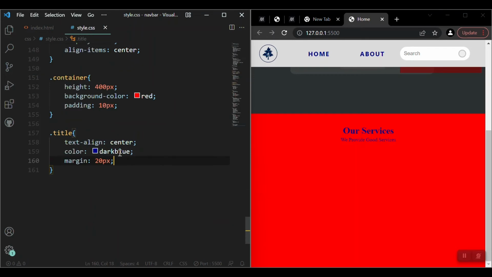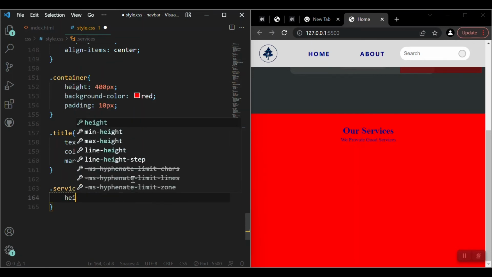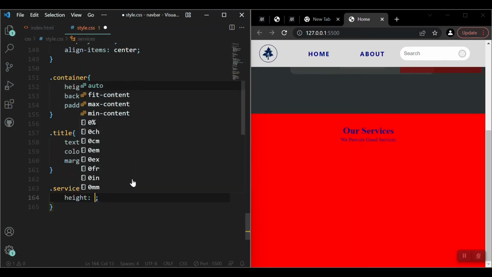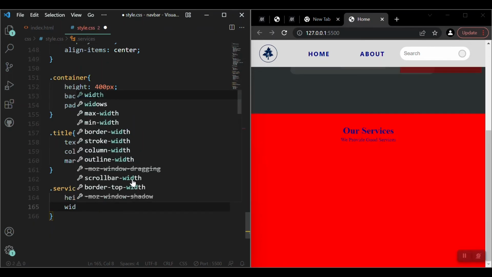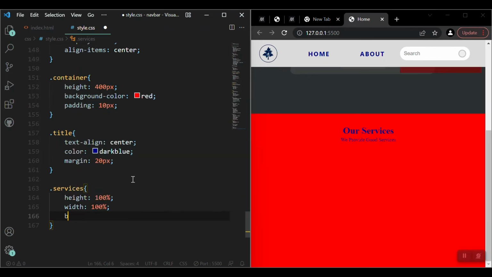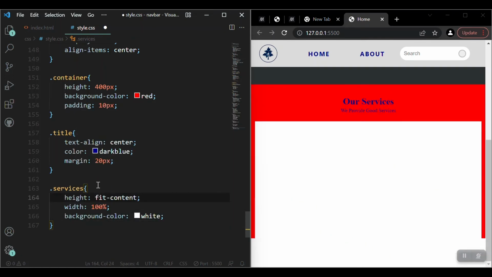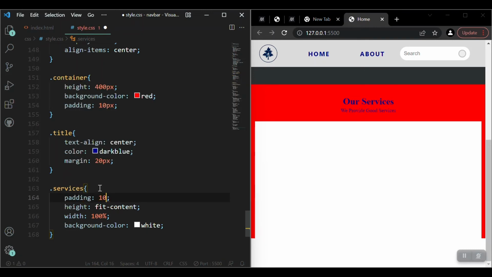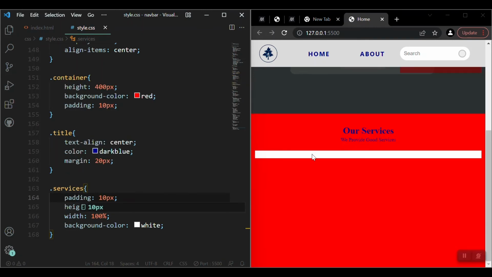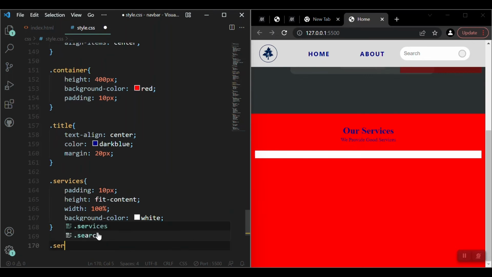and give them some styles. Dot services actually, and a height and width for them. Let's say height should be fit content, and the width should be 100% as well, and add a background color for this. Let's say white, yeah, and give it a padding as well of 10 pixel. Let's say we got our services box here,